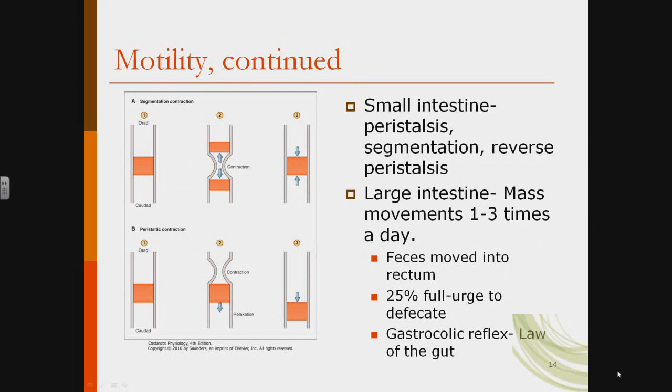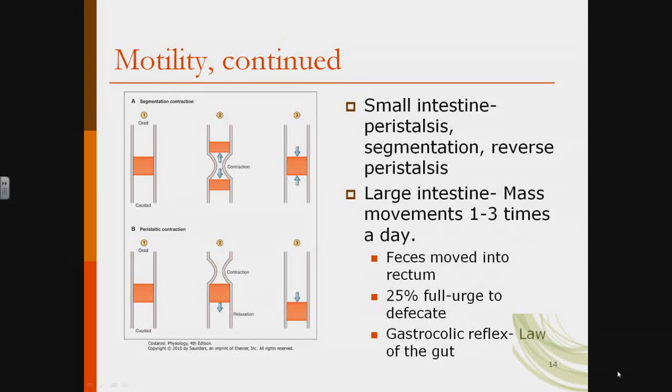I have had students in the past who worked with nurses where the nurse's job was to basically reteach the child to become mindful of the signals from their gut and to actually go and try and bear down on the toilet. So all of this is part of the gastrocolic reflex, or law of the gut. Food in, feces out. Now I feel compelled to tell you that the law of the gut can work in reverse. And the gentlest way to put this is, be careful what you put in someone's anus and rectum, like a thermometer. You need to hold on to it.